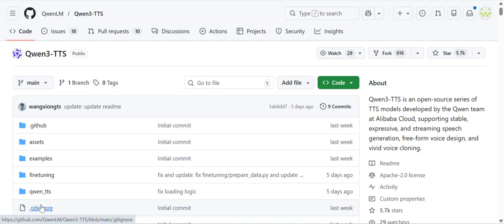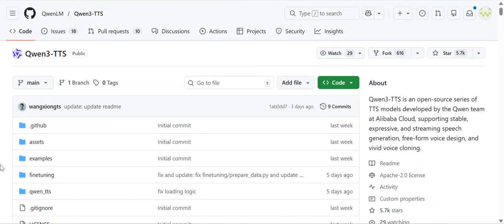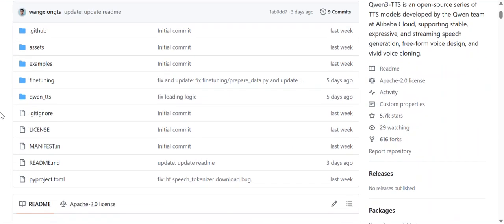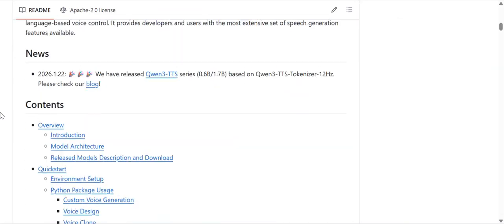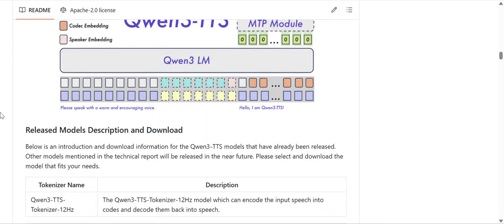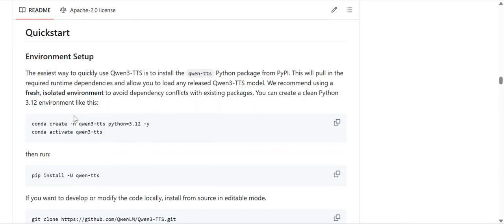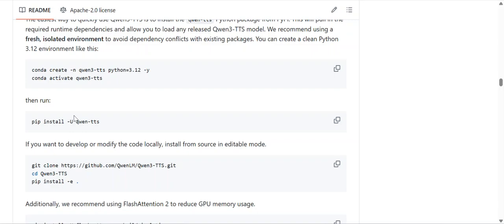Hello friends, today in this video I'll discuss the Qwen3-TTS model and the features available in it. So I checked the GitHub repo. Here I can see it has very complex detail about the different features, but I have gone through the complete